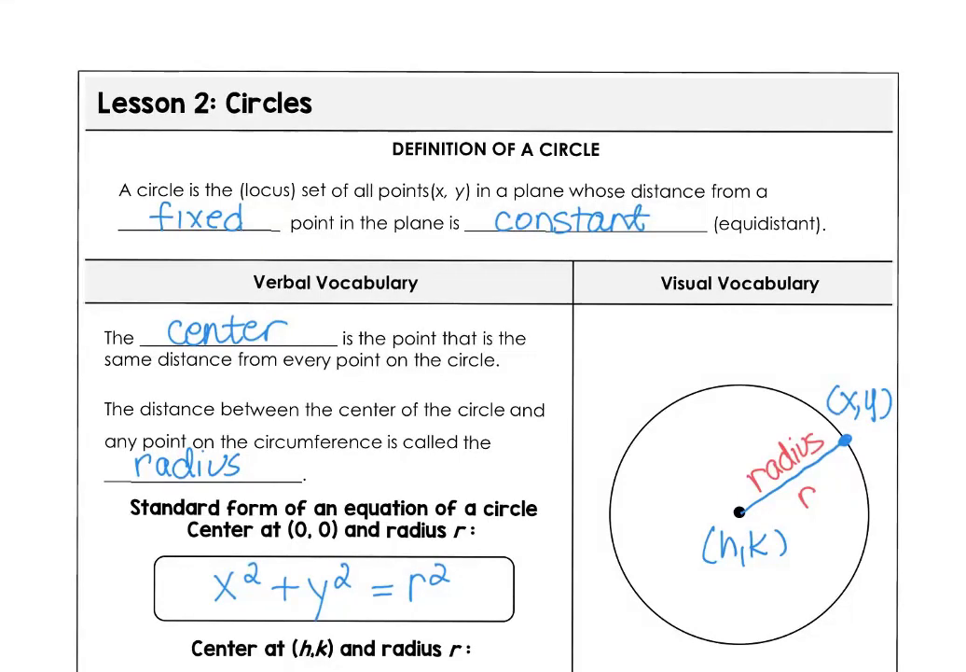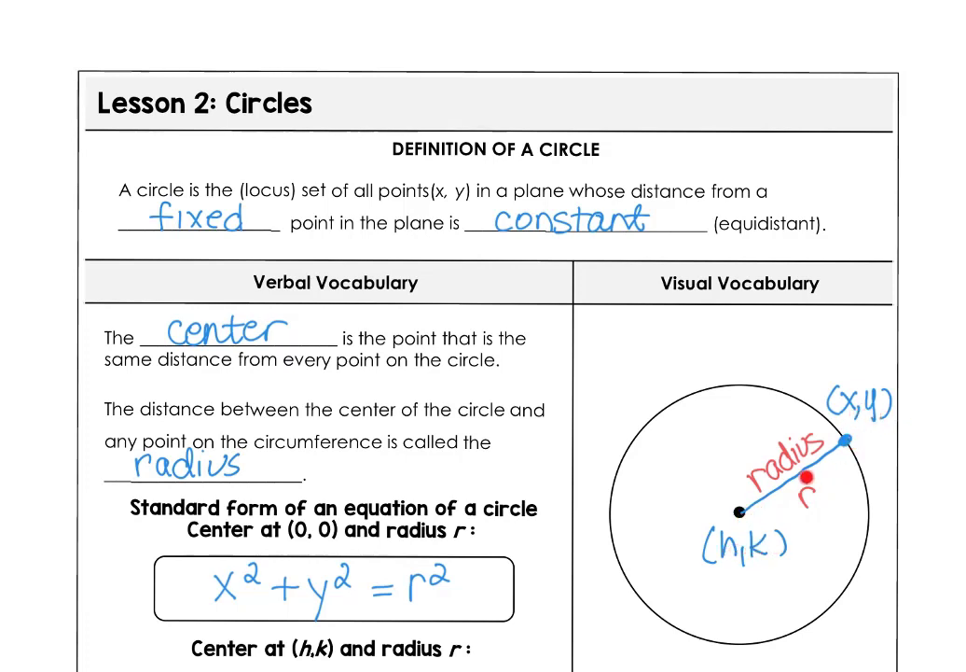Let's look at lesson 2 today. We're talking about circles. A circle is the set of all points in a plane whose distance from a fixed point in the plane is constant. In other words, when you have the center of the circle, here we have our center, all the points that have the same constant distance from that center form the circle, where HK is the center of our circle and